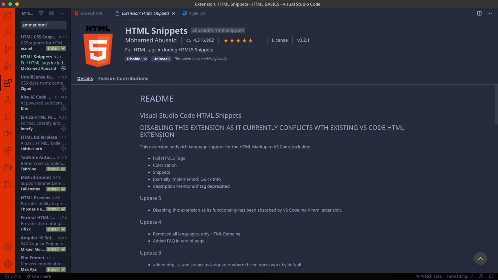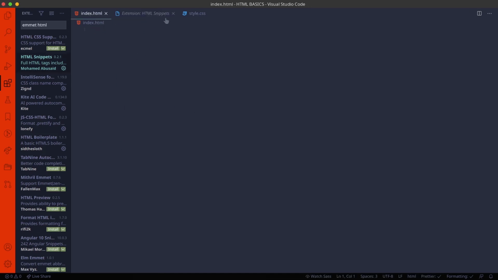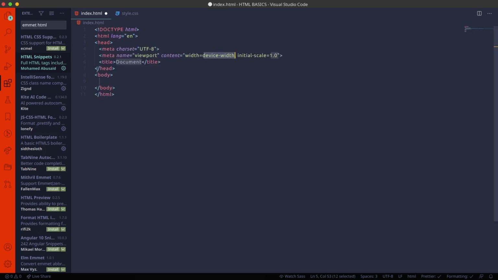Basically, these snippets are useful to automatically fill in the code, like h1, h2, and so on. So we are using the HTML snippets to create a basic structure. You can hit the exclamation mark and hit the tab key, and it will get automatically filled.